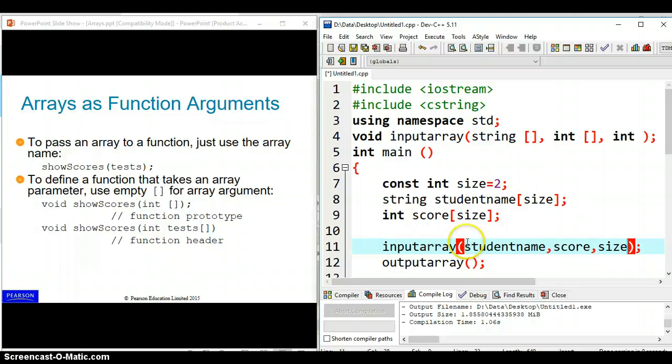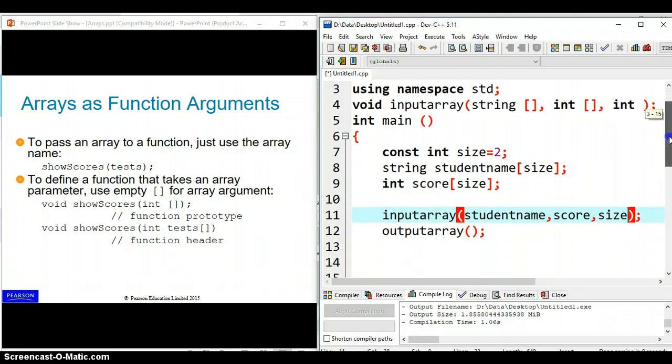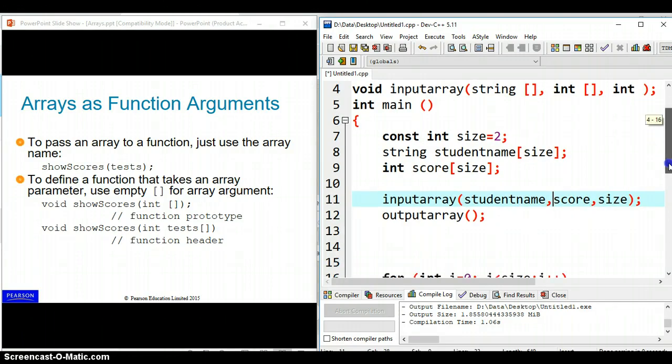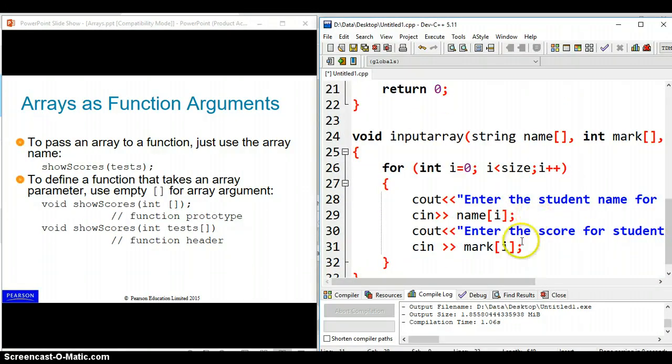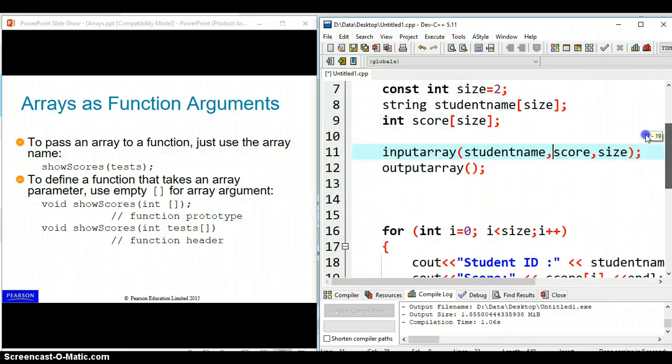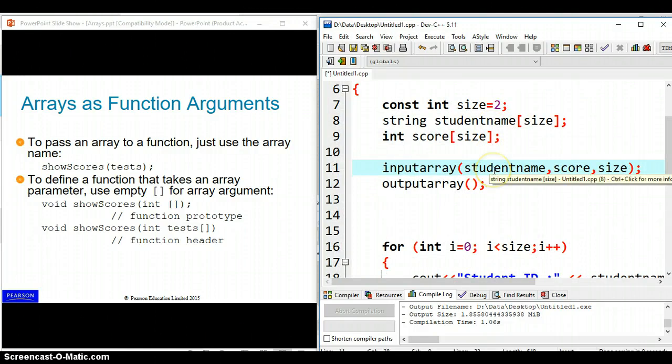Once I do this function call, it will go into this input array, and then this function will ask the user to input the value, and then it will go back to the main, and the student name and score is already updated, because what you pass